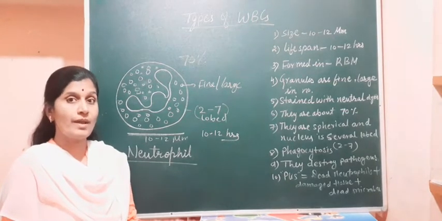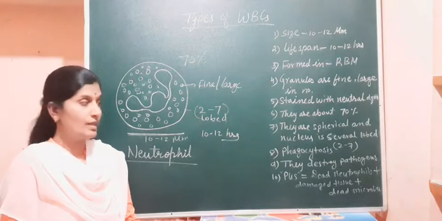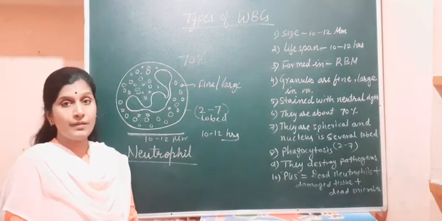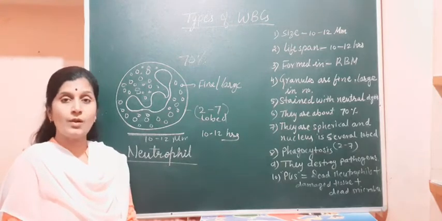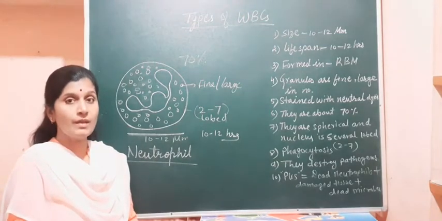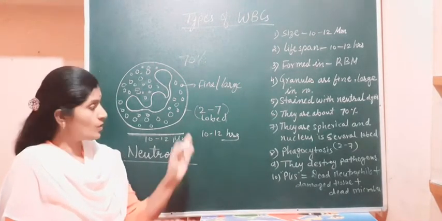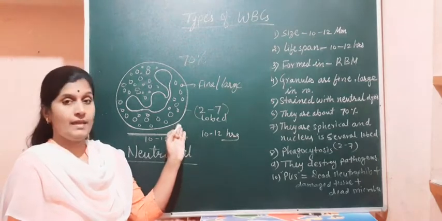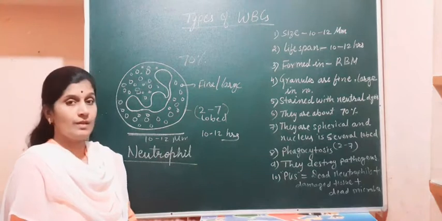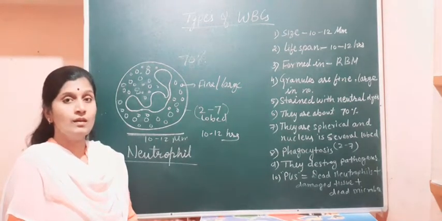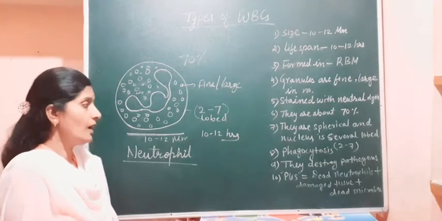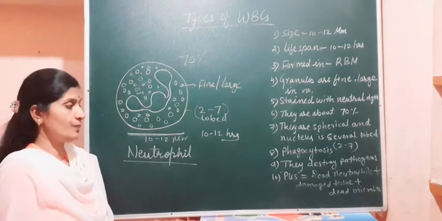That movement is called amoeboid movement. They can move like an amoeba. An amoeba does not have a definite shape; it can change its body shape. In the same way, these cells, neutrophils, move towards the microbes with amoeboid movement. With the help of that, they can phagocytose those germs or any microbes that come nearer to them, and they can destroy the pathogens.